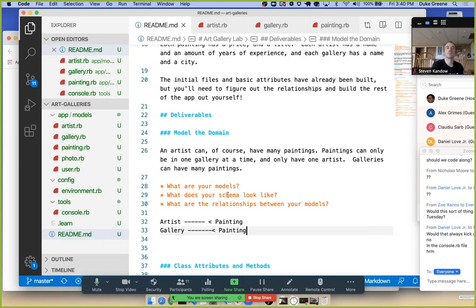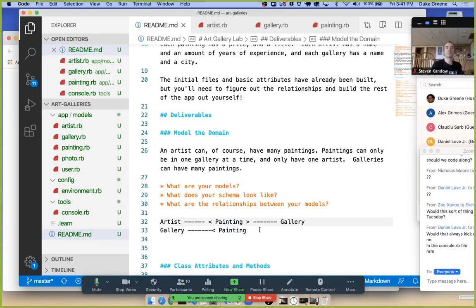So another way to think about this is that it's a many-to-many, right? Because an artist, if I made 5 paintings and I sent them to 5 different galleries, I could say that my work is in 5 galleries. And a gallery might try to get new customers or new patrons, if it's a museum gallery, by saying, hey, we're featuring these 8 wonderful legendary artists right now. So the way I actually see this is that there's a many-to-many relationship between artist and gallery that goes through